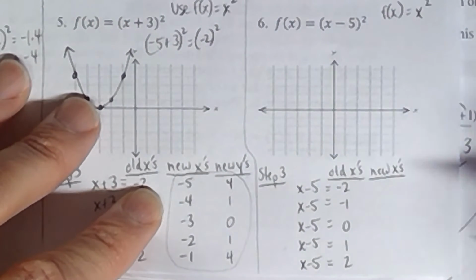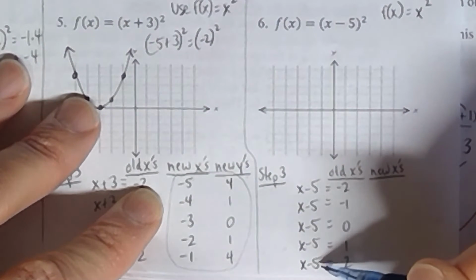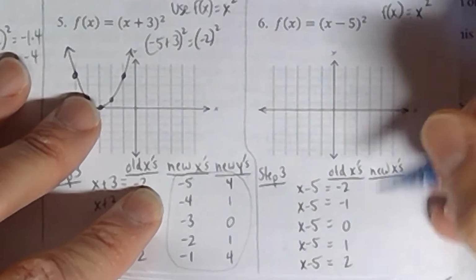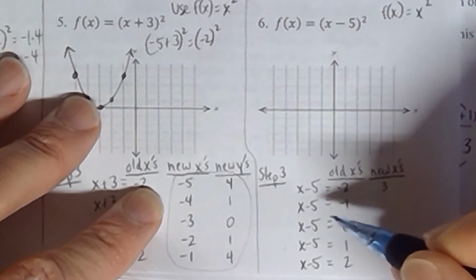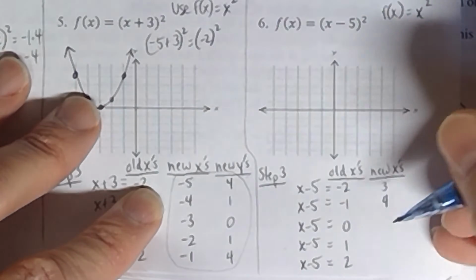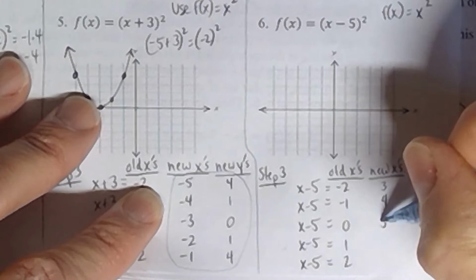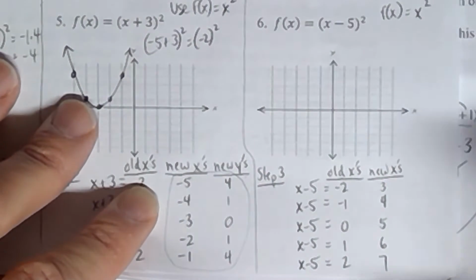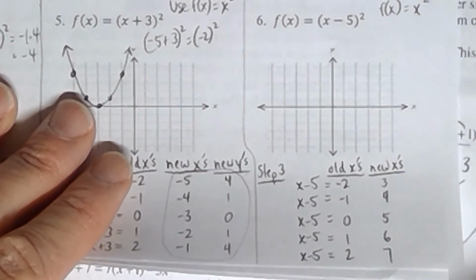The new x's are going to be found by taking the 5 and adding it over to the other side to get x by itself. So -2 plus 5 is 3. -1 plus 5 is 4. And 0 plus 5 is 5. And then the last 2 are going to be 6 and 7, right? Okay. Moving forward now,